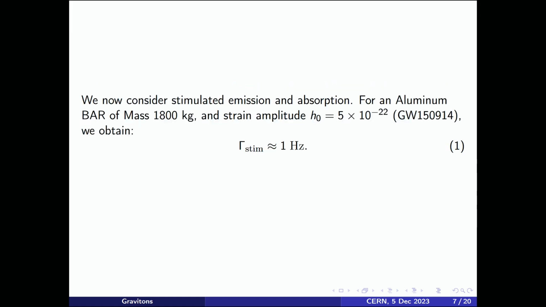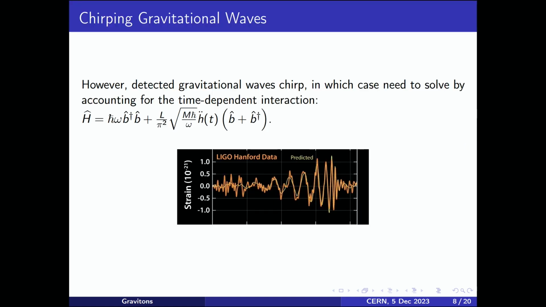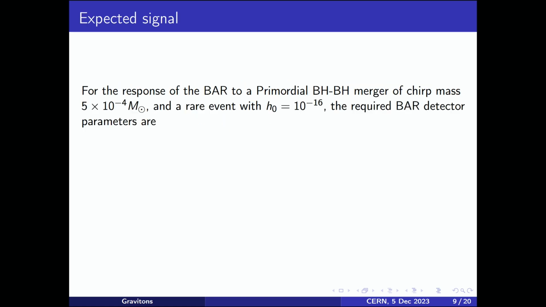Assumed resonance over a long duration. It was calculated using Fermi's golden rule, which is a really crude approximation. The gravitational waves detected by LIGO chirp, as well as suspected sources of high-frequency gravitational waves, primordial black-hole mergers, are also expected to have a frequency chirp. So we really need to account for the time variation in the frequency and strain amplitude. We explicitly accounted for this in our model, and we found